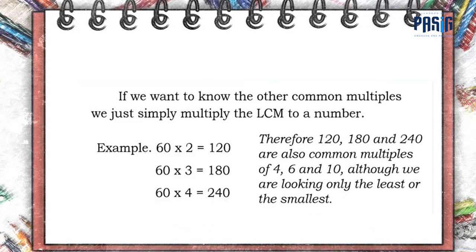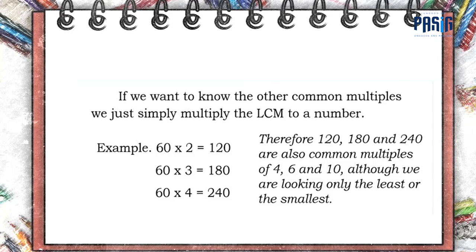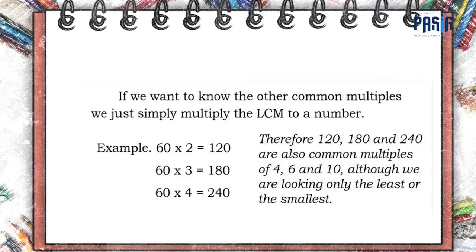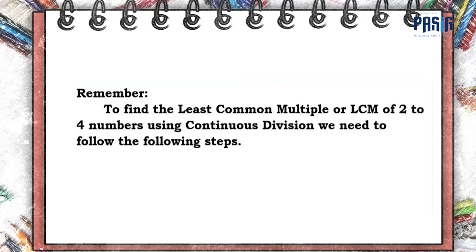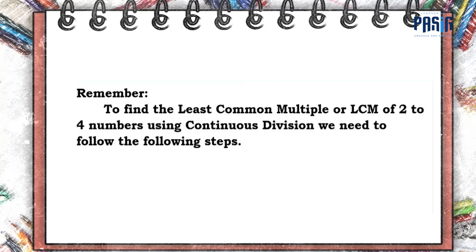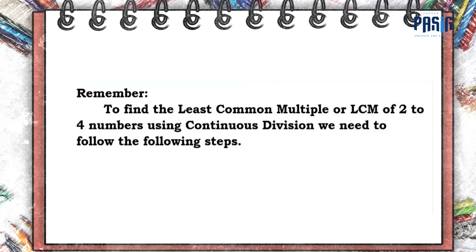Therefore, 120, 180, and 240 are also common multiples of 4, 6, and 10. Although, we are looking only for the least or the smallest. Remember, to find the least common multiple or LCM of 2 to 4 numbers using continuous division, we need to